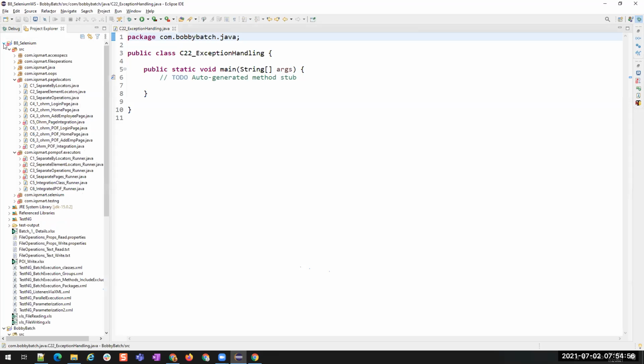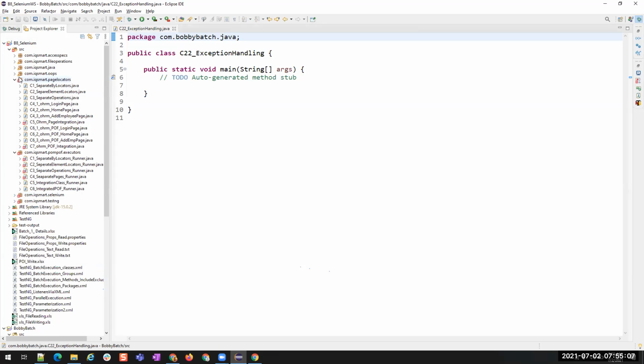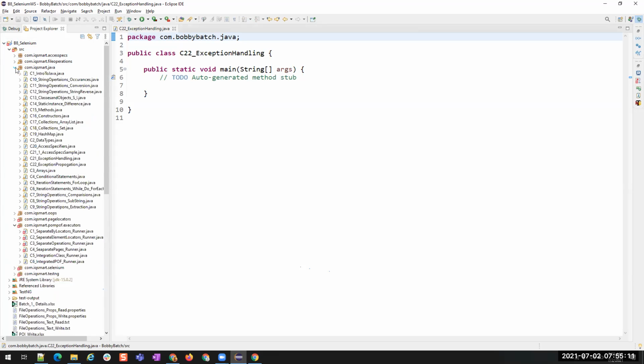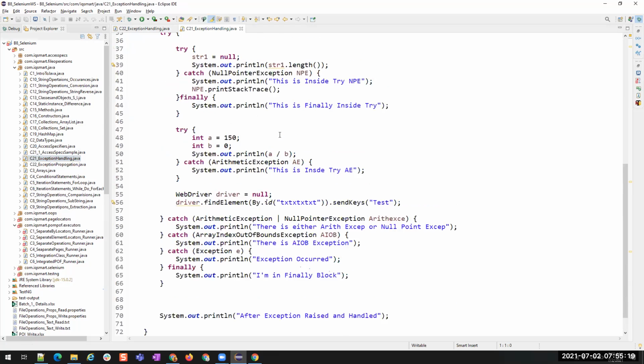Let me see where I used exception handling. It will be as part of Java. Yes. Okay, I have the exceptions here.